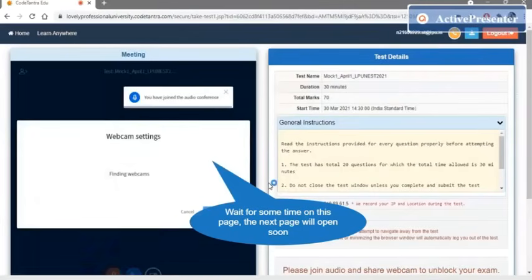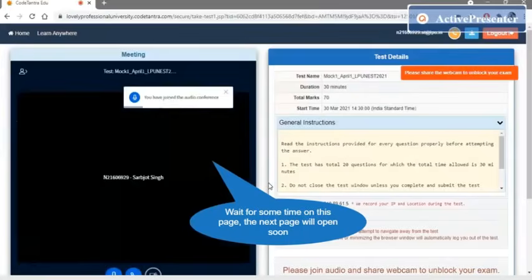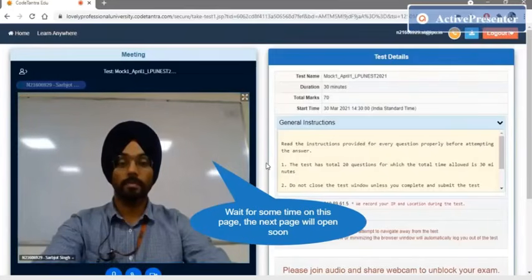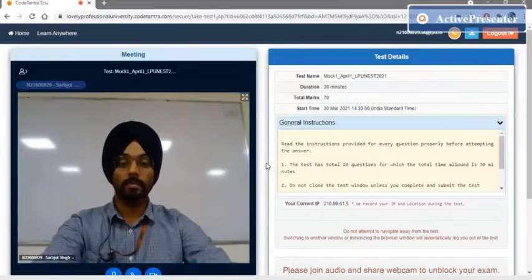Do not attempt to navigate away from the test and refrain from minimizing the browser window because it will automatically log you out of your test. You also need to join audio and share your webcam to unblock your exam.